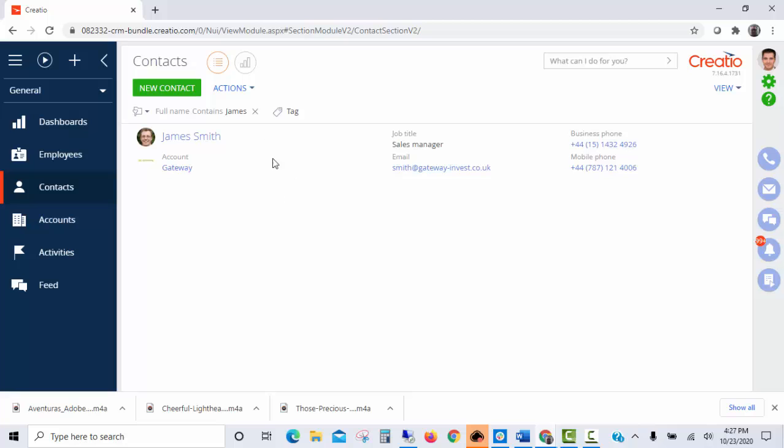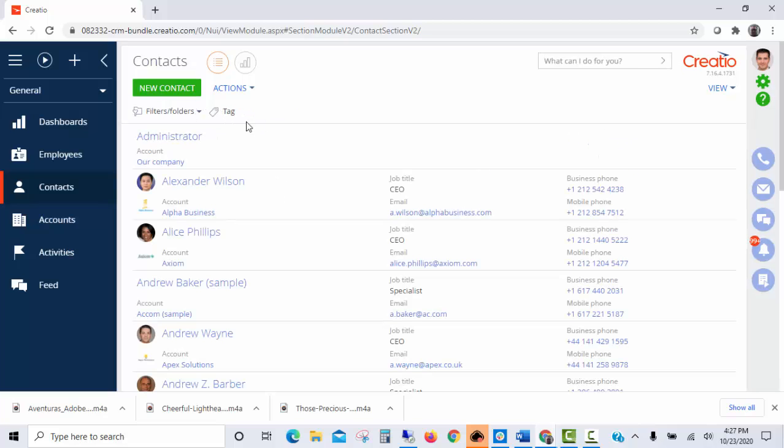Very easy, very quick. I would use the filters and folders for the most part to look up contacts and accounts. If you want to search your entire database, then I'd use the speed search in the upper right hand